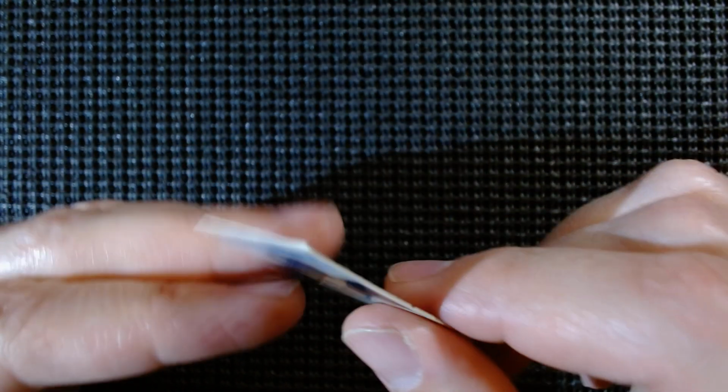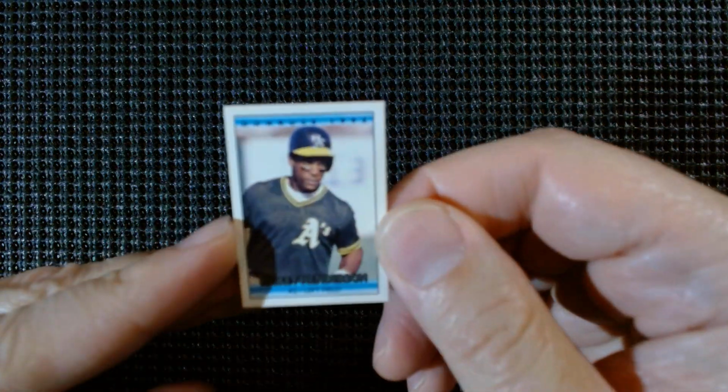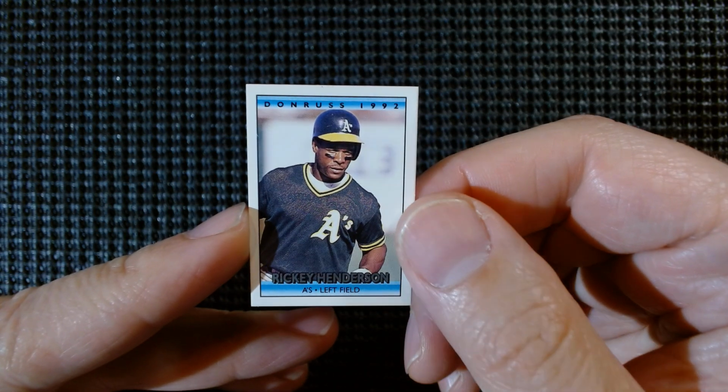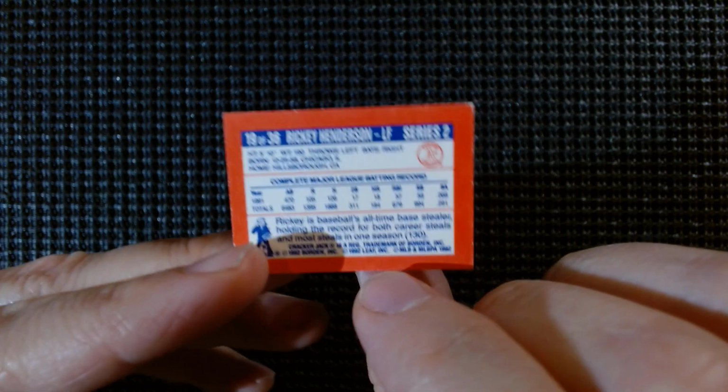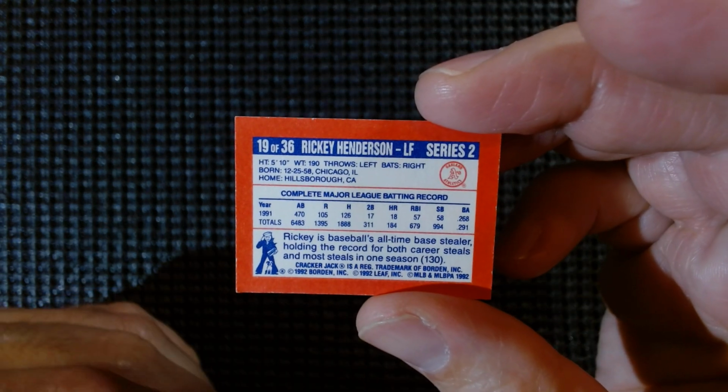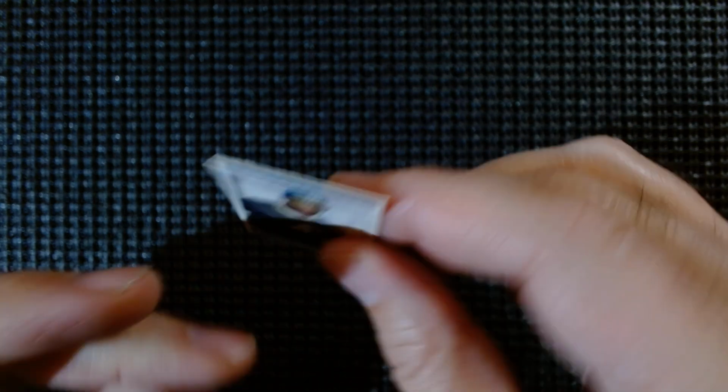Now these cards that I'm showing you are ones that I pulled. I did get a whole stack of cards in Albuquerque in one of these little jewel cases of a bunch of unopened ones, and I believe they're mostly Donruss. So I'll get to that stuff when I get around to showing you more of these cards that I'm showing you right now. And then there we go, is a 92 Rickey Henderson, Hall of Famer as well. For you A's fans, Rickey Henderson, and that's Series 2. So same thing. They did it in 2 series. Okay. So they paid up, got the actual logos, and then